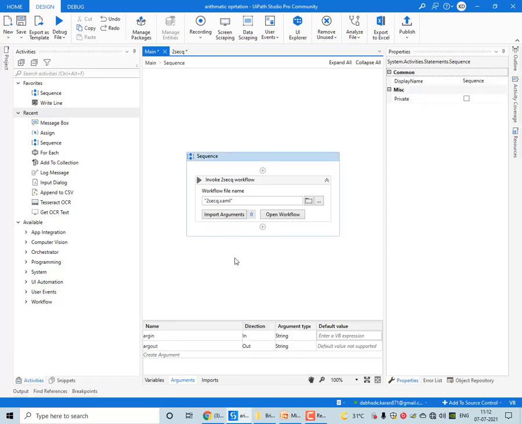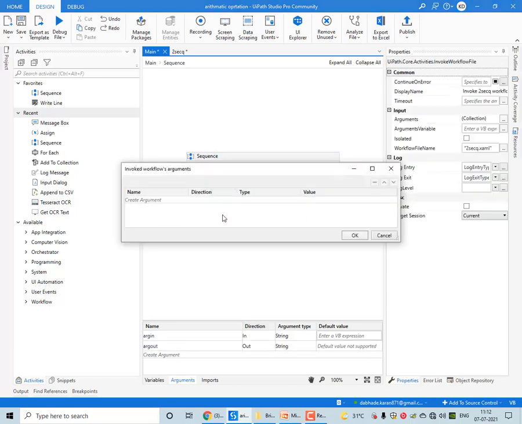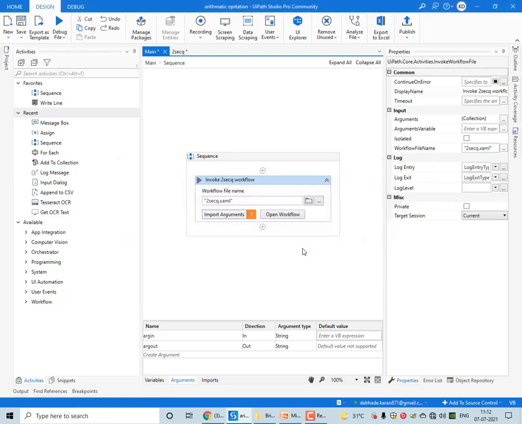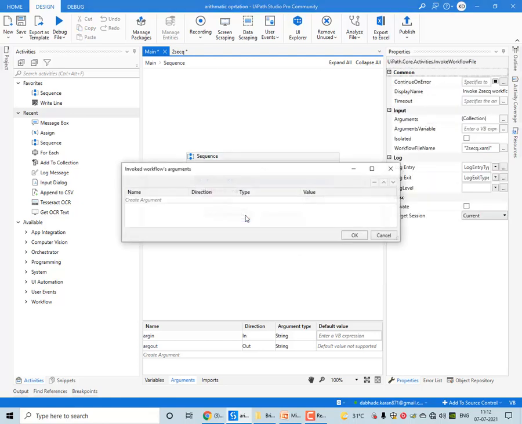Okay. Similarly, importing here arg out, its type should be out. So you can find out we have linked that to the variable. Okay.